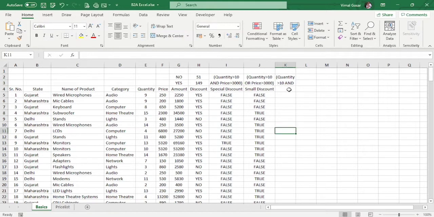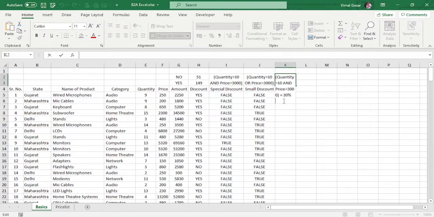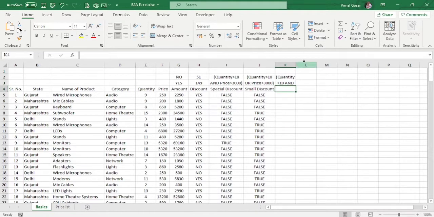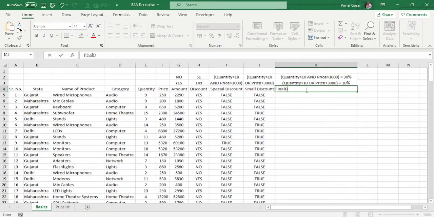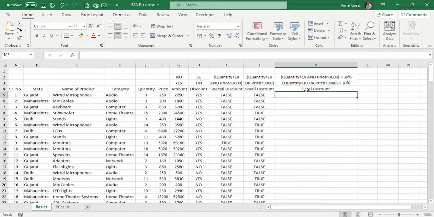So if I just copy this, paste it over here, and if the second criteria is satisfied, I will be having a discount of 10%. And if nothing is there, it has to be coming back as NA. So I may just have to write it as NA. So this is my ultimate criteria, and I'll write down this is my final discount. So this column will actually suggest if there is a discount or not.